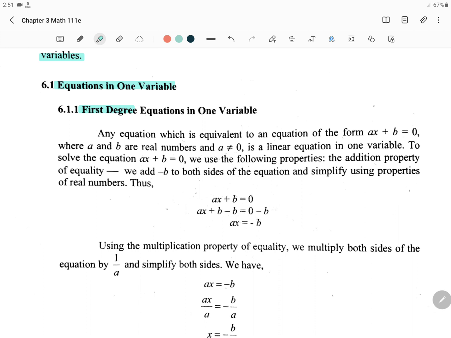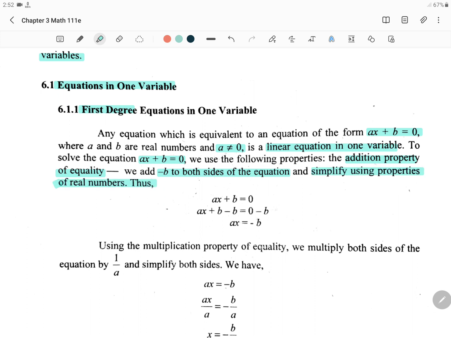first degree. So any equation which is equivalent to an equation of the form ax plus b is equal to 0, where a and b are real numbers and a is not equal to 0, is considered as a linear equation in one variable. So for us to be able to solve such equation in this form, we use the following properties. So we have addition property of equality, where we simply need to add negative b to both sides of the equation. Okay? Remember, to both sides of the equation, and then we can now simplify using the properties